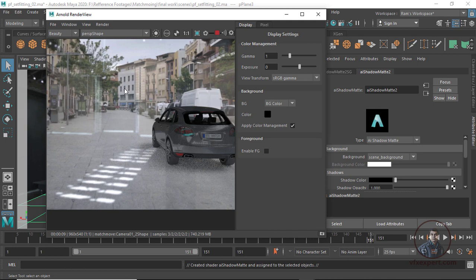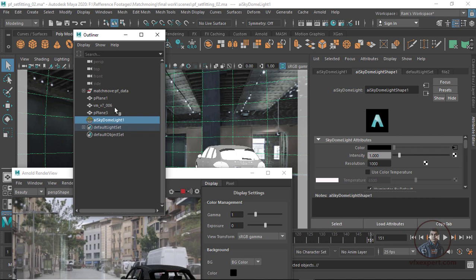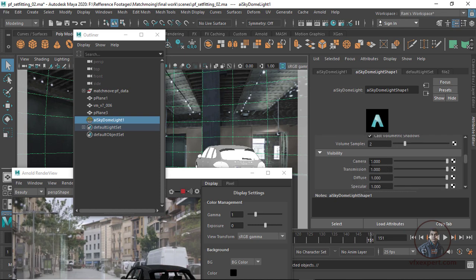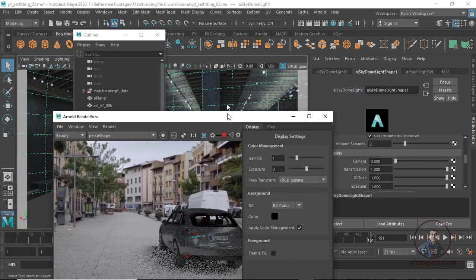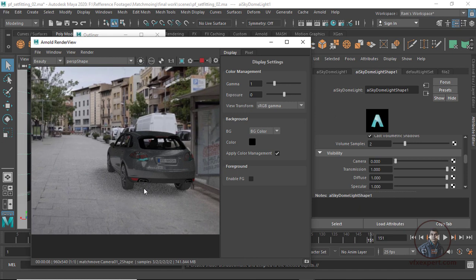Now the HDRI image is still visible here. For this, select your sky dome in our outliner. Now come into the lighting parameters, and downside you will see the option Camera. Make it 0. Now you will see in the preview area your image is not visible, but it is still creating light for our scene. Finally, you can see this is the shadow which is casting on our ground, and this is our model.